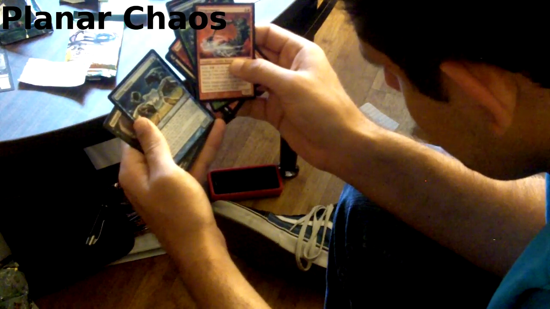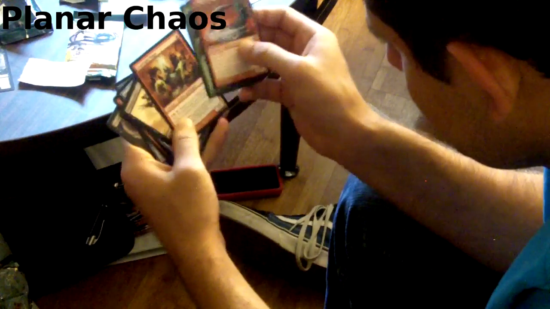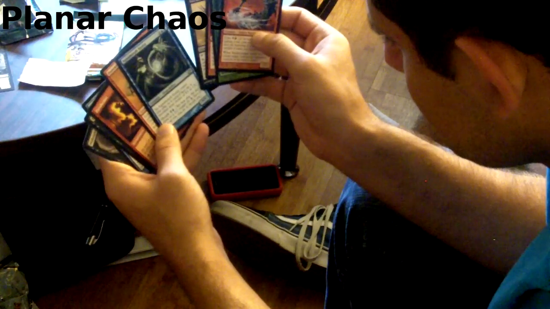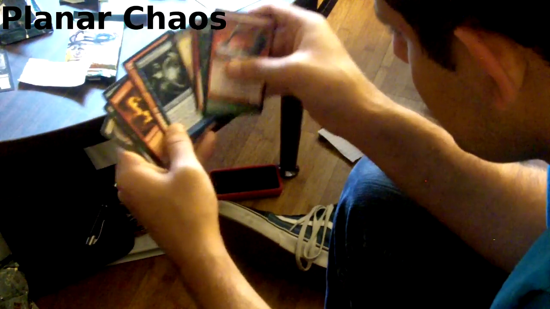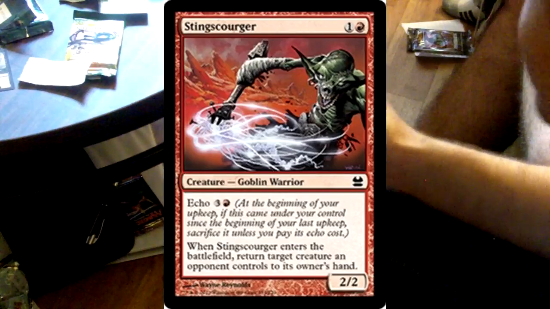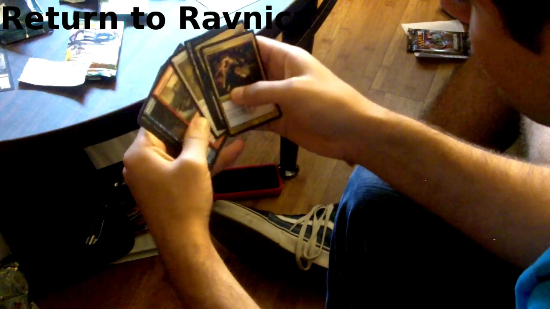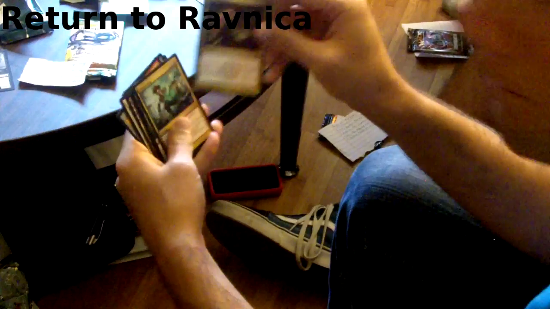So, for instance, I'm about to pick a creature called Stink Scourger, which was actually in Modern Masters, so I was pretty familiar with it and how it plays. But it is a 2/2 with, when it enters the battlefield, return target creature an opponent controls to its owner's hand. So that's very blue. But, I don't know. Anyway, I'm in my blue-red deck here, and I see RTR, and I'm just like, oh,